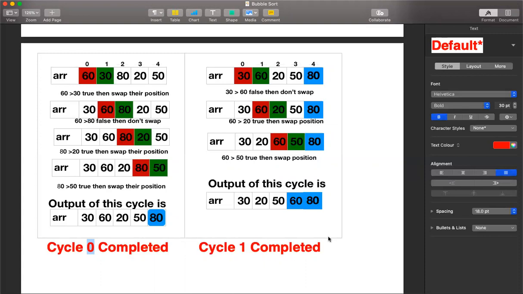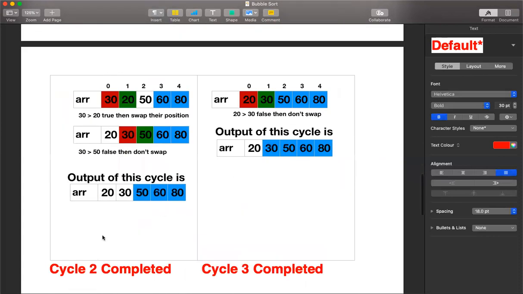And which is the next cycle? It is the second cycle. So a second cycle means again n minus 2, so 3 comparisons. And what is this? This is third cycle, even though it is numbered as 2 because 0, 1, 2. And 5 minus 3, that is the third cycle, 5 minus 3, 2 comparisons. And finally we have 5 minus 4, 1 comparison.